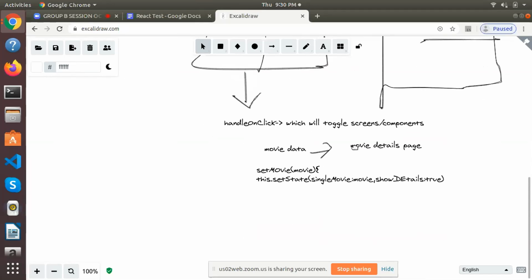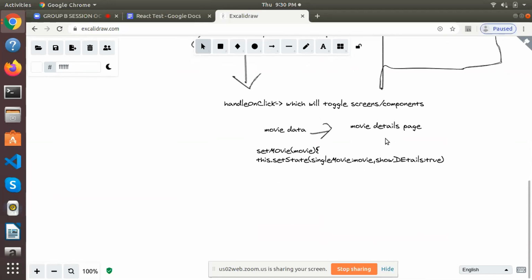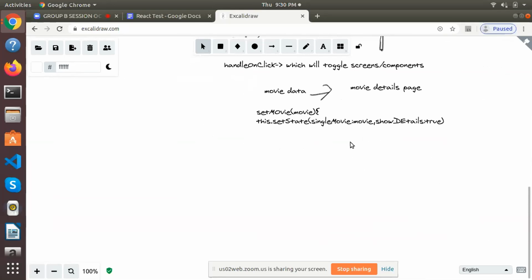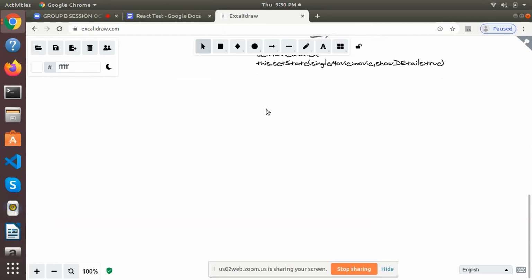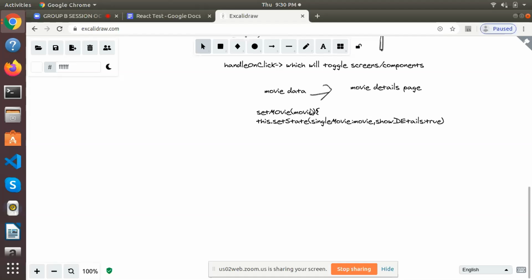The thing is that because we are only fetching data from the API and displaying it, we are not introducing any functionality like we had in the movie project in React, if you have gone through the React course, where we have to add or delete a movie, set favorite, or so on. Then there will be a lot of functionality, and there Redux is needed because we are manipulating the state. But here we don't need Redux.